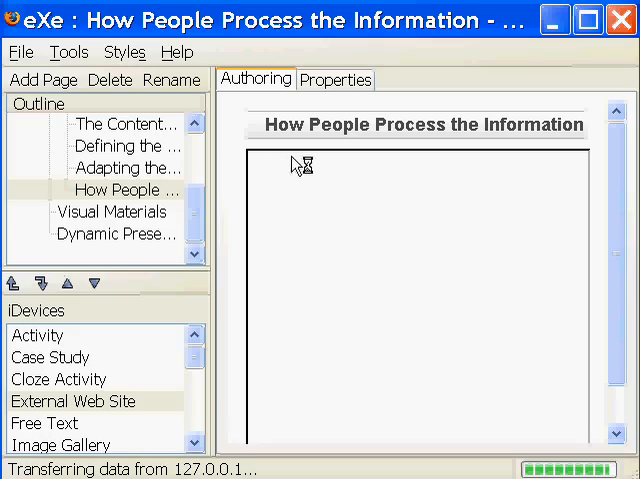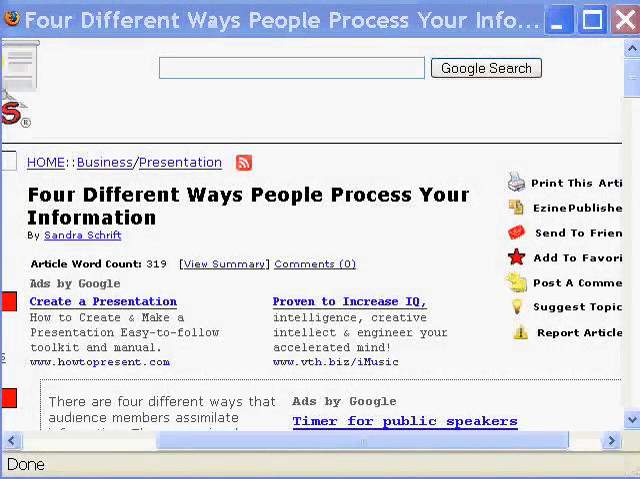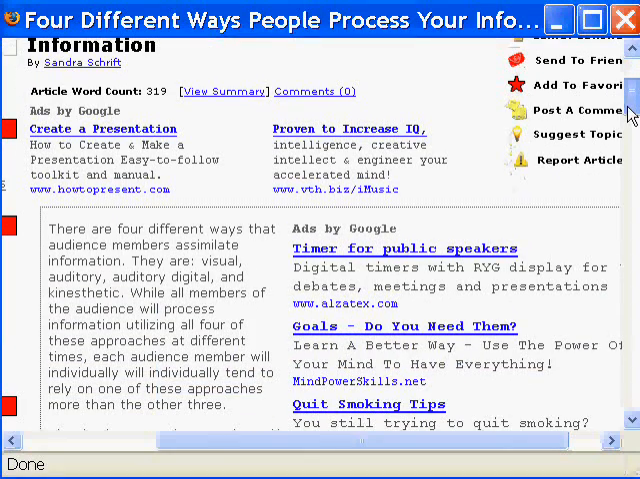that will provide how people process the information. The hyperlink led us to this article on the 4 different ways people process the information. Instead of us discussing the 4 different ways,